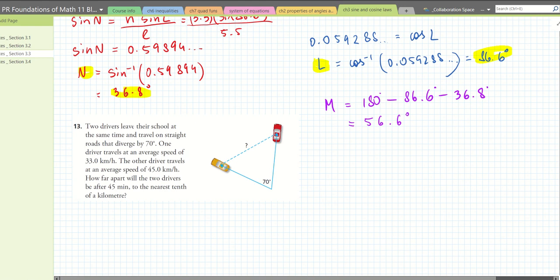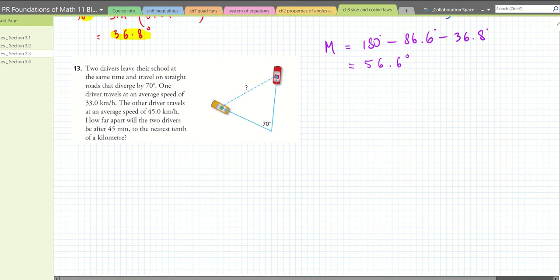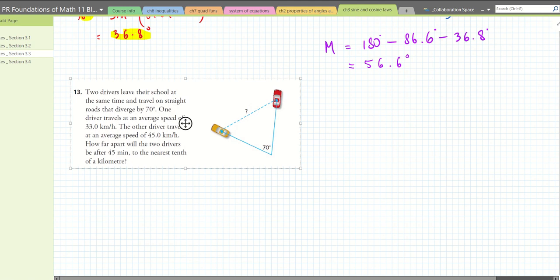So here, because we have different units, we have kilometers per hour and we have minutes, you have two choices. You either convert your speeds to have kilometers per minute, or you convert your time to hours and then use that to find the distance. Because we're looking for the distance, we need to remember some of the science 10 or science 9 even to do this question. So remember, your speed